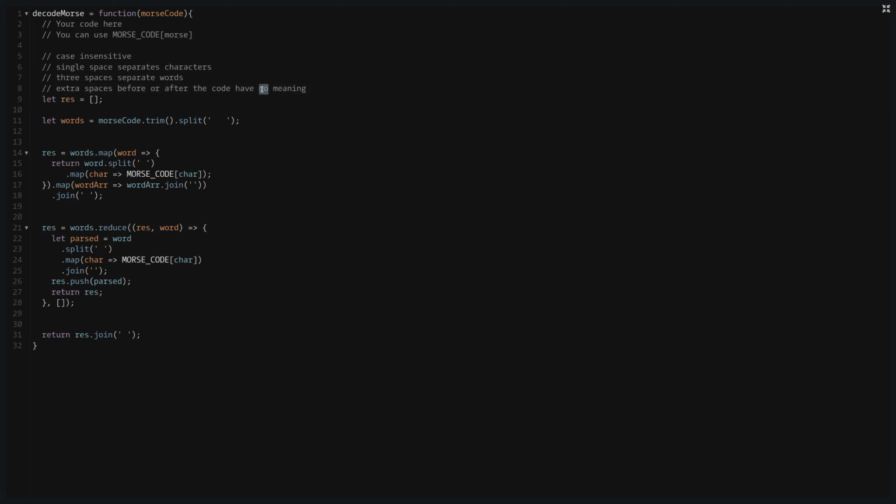That's why I call that variable words. And then what we want to do here is go through each one of those, and then basically decode that particular word. And in my first attempt, what I did was, okay, so I take the word and I split it by a space, because we know that